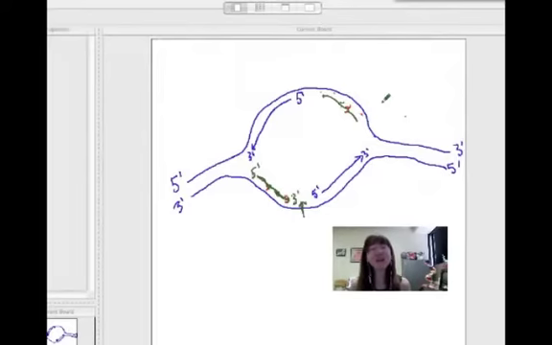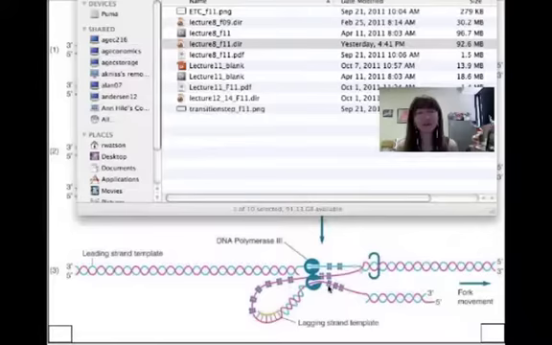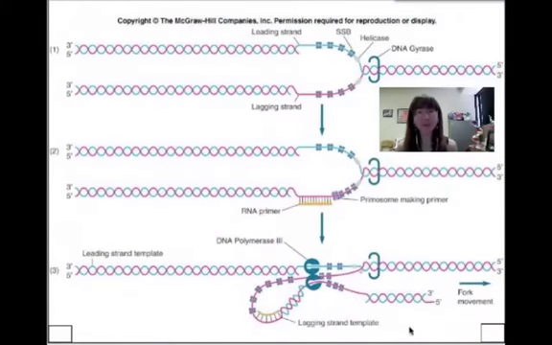But if that picture doesn't do it for you, it just doesn't help you understand, then I'm going to look at a couple of other pictures, some other images, and also some animations. A picture that comes from a different version of the textbook, but I think it's somewhat helpful in recognizing that